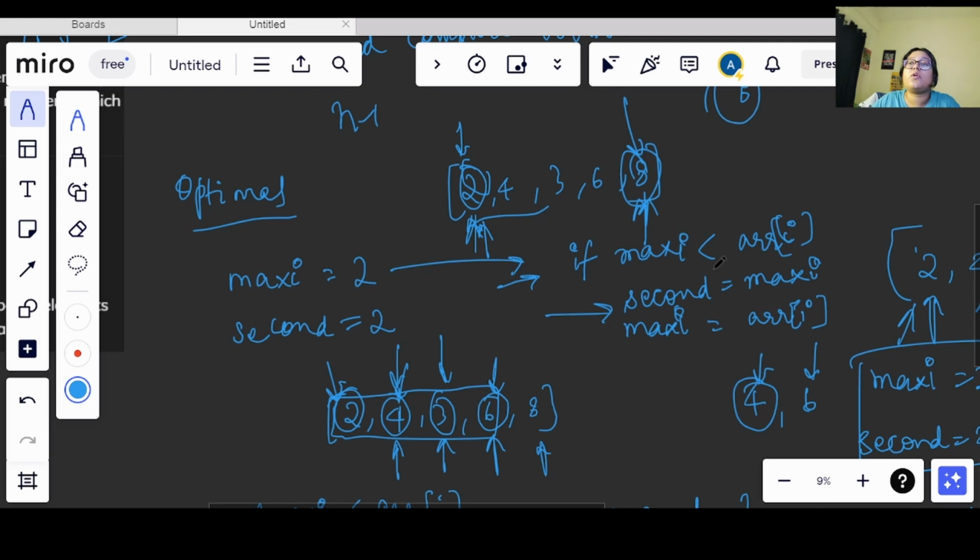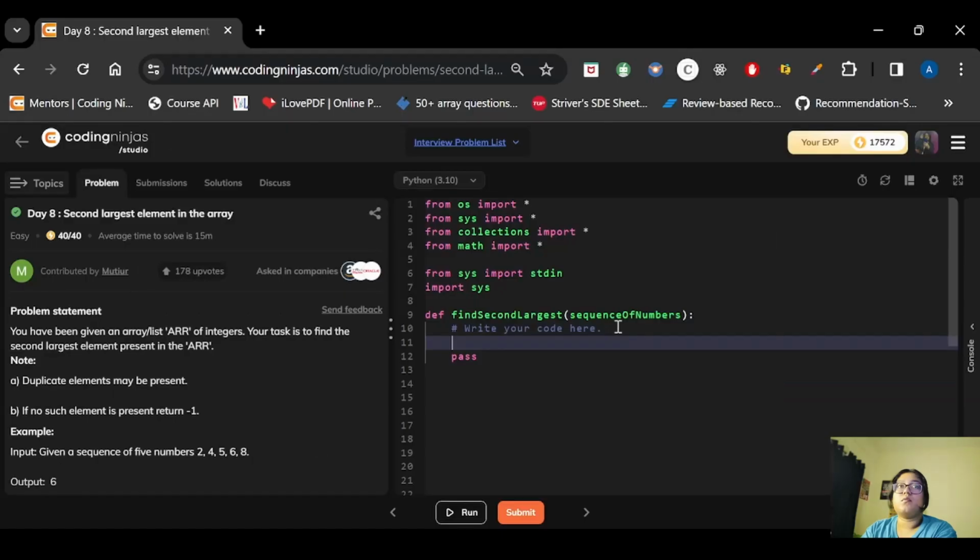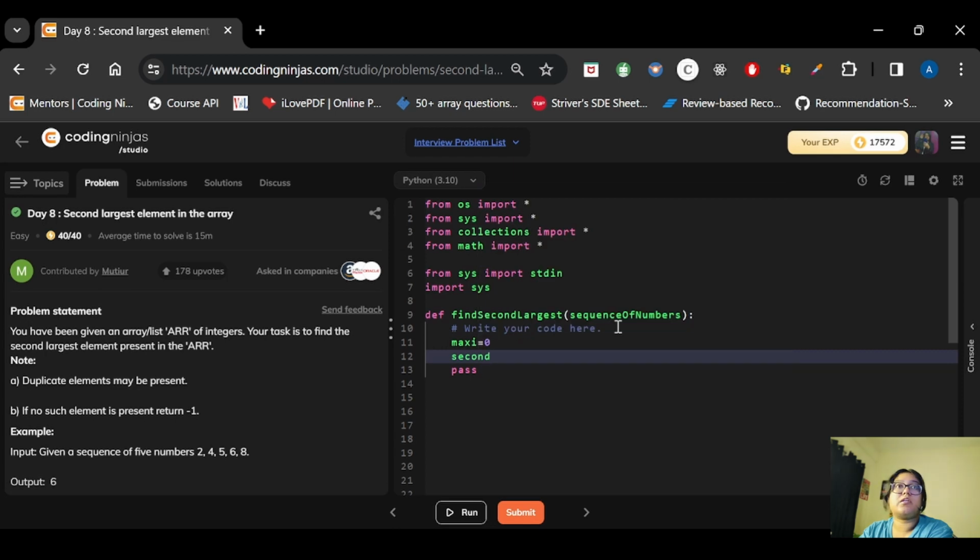So now let's move on to the code editor. Once you try to code this, whatever small doubts are there will be cleared. So let's see the code now. We will declare maxi and second maximum, so let's declare that also, second, okay. It should be initialized with 0th index, right? ARR of 0. Let's change this also to ARR of 0, ARR only, okay. Now this will be initialized with -1, but this will give me an error.